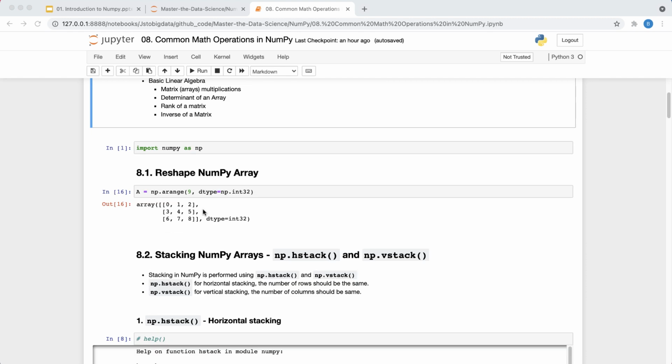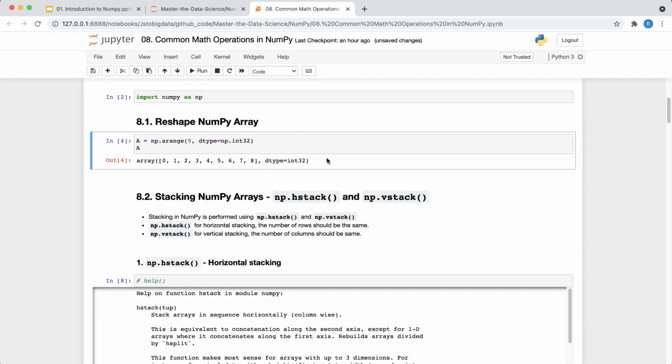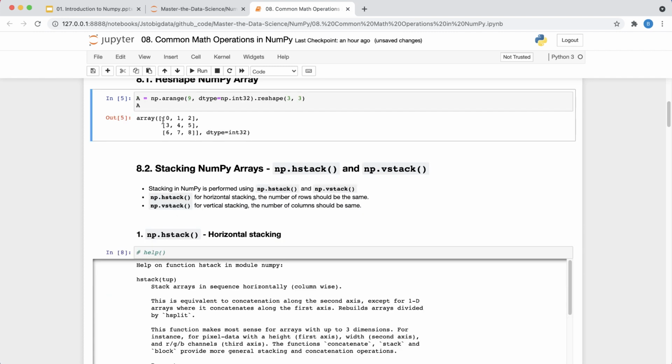So the very first thing that I will do is, obviously, to do anything in NumPy, we will first import the NumPy library, and I will create an array, and this is basically my 0 to 8, right, which is 9 elements. And what I will do is, I want to do a lot of mathematical operations on this array, so I'm just going to reshape this to a 3 by 3 matrix. Okay, so now you see that it has been converted back to a 2D array.